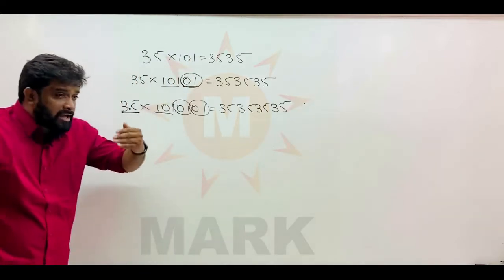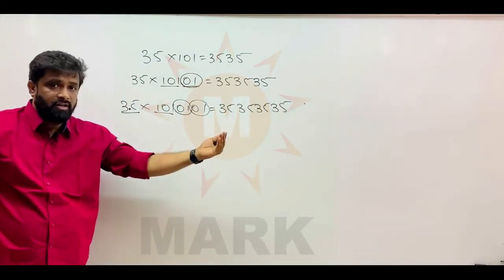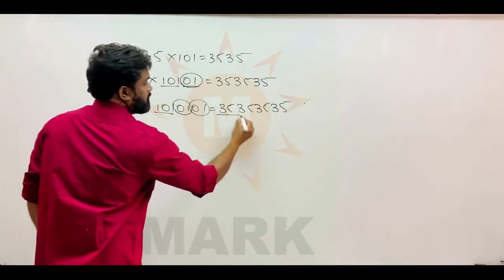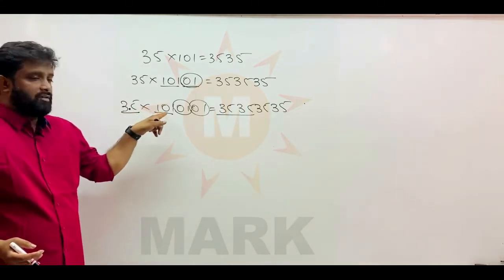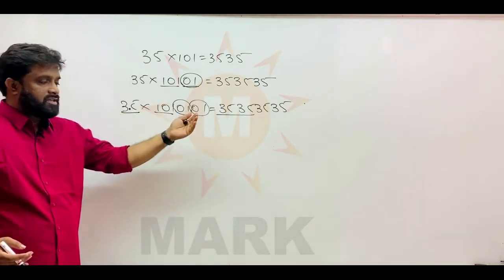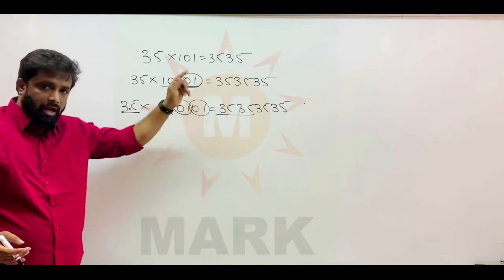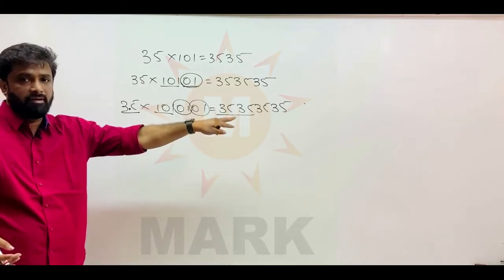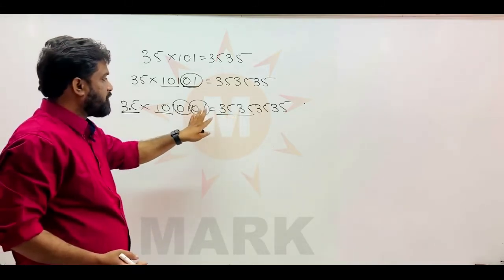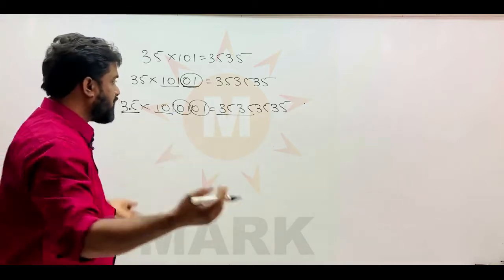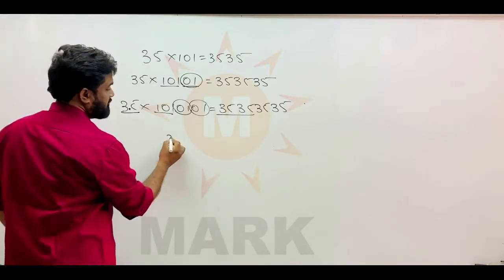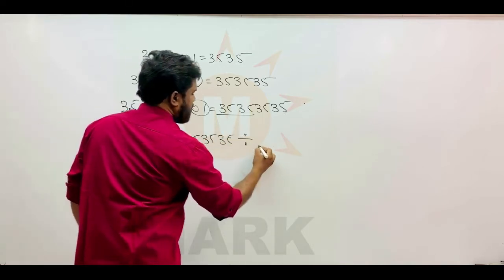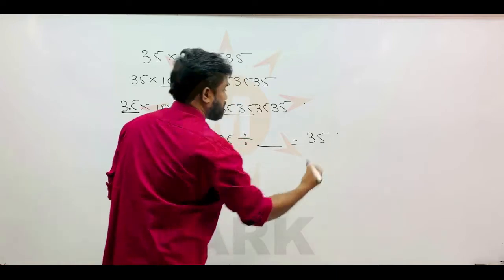Understood? However many times you increase that 01, the number will come once again. So a four-digit number will come anyway when any two-digit number is multiplied with 101. Apart from that, however many times you increase your 01, that many more times the two-digit number will appear. If you extend this 01 two times, two more times the two-digit number will appear. That's what I am saying. In the exams they can ask a question like this: 35 divided by dash is equal to 35.